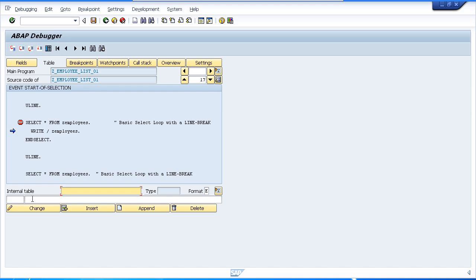As we did with the fields mode section, you can either double click on an internal table that has been defined in your ABAP code, or you can enter the internal table name directly into the internal table input field. So for example, I can double click on this Z employees table